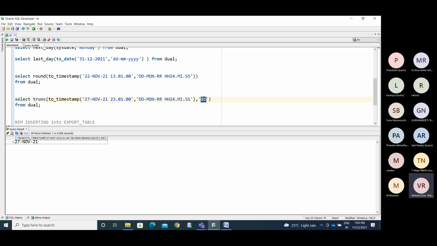If you mention day, the system can understand it this way: in that particular week, which day you are in. What is the first day? It will show that. If you want to know the last day, what function do we use? The last underscore day function, right? The similar kind.